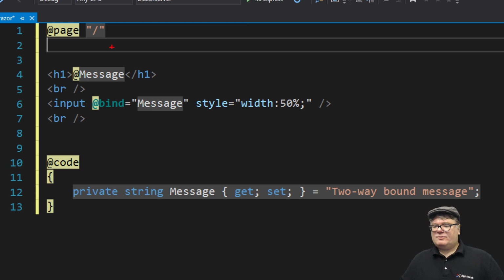Now here's what it is. We have this message. It's a string property. I've initialized it, and I'm binding it to an input. All right. So one-way binding, that's what this is. That's just showing or displaying something. Think of a label as a one-way binding. But an input or a text box, you might be